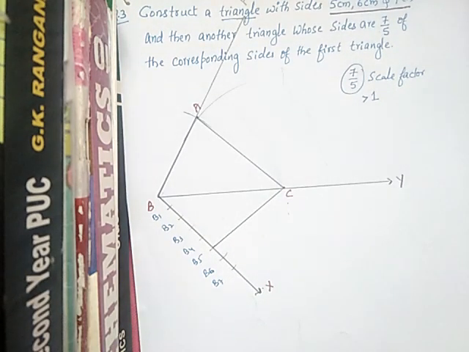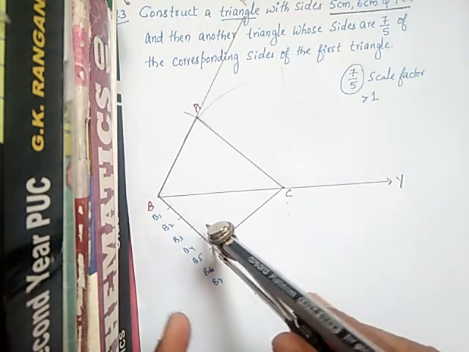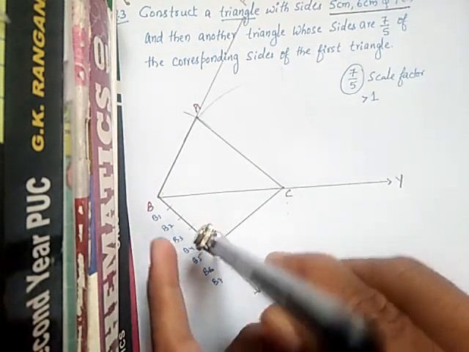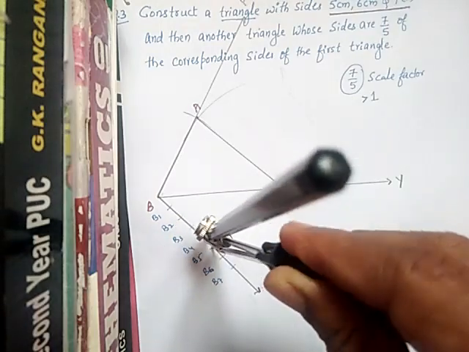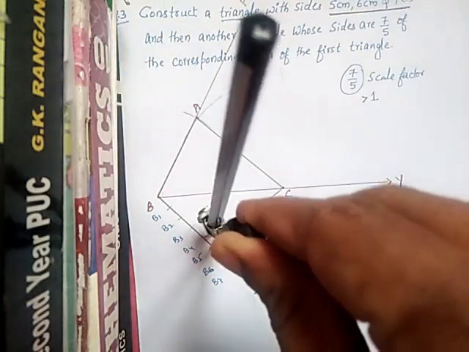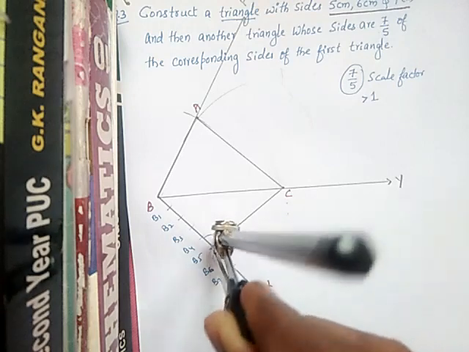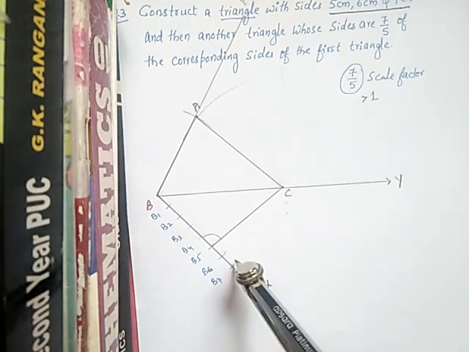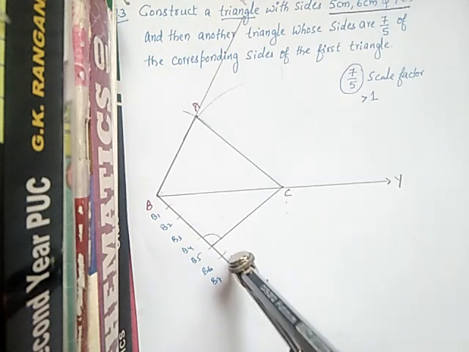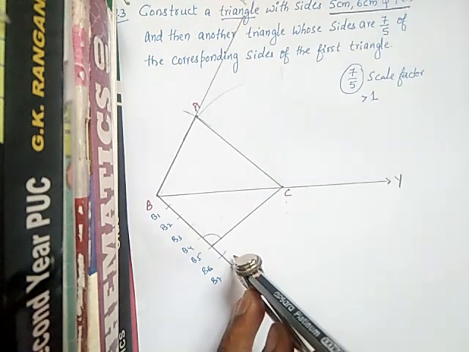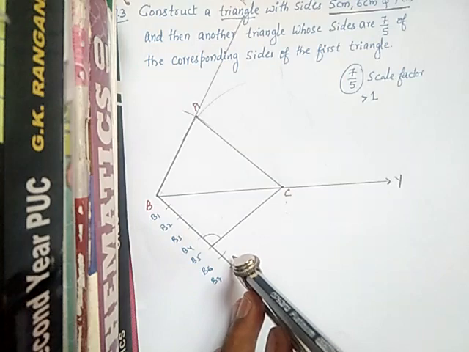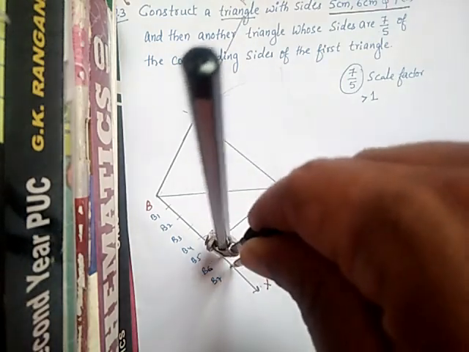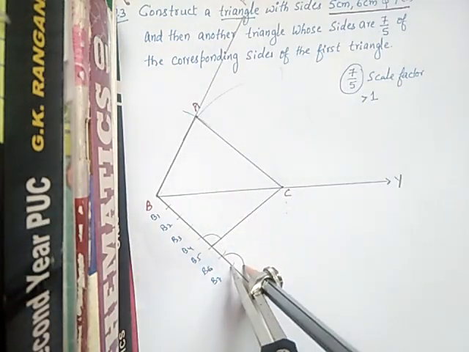So for that reason you have to make an arc from B5. So like that you can keep here like this, below, a little bit less than that arc, you can cut the arc like this. Okay, by keeping on B5 you have to cut this one. The same arc you should not change, you have to keep on B7 like this exactly. Then you have to draw the arc like this.